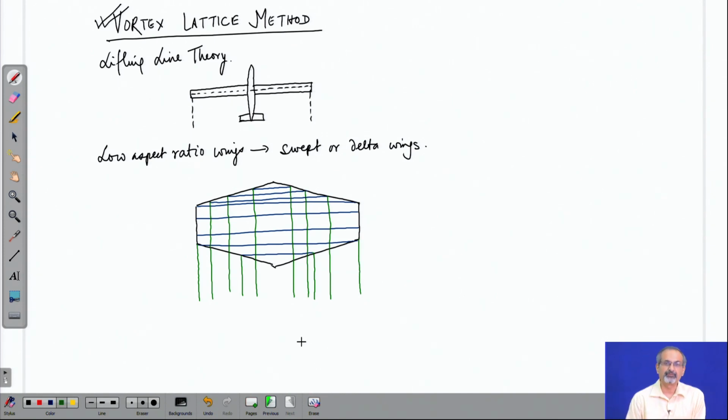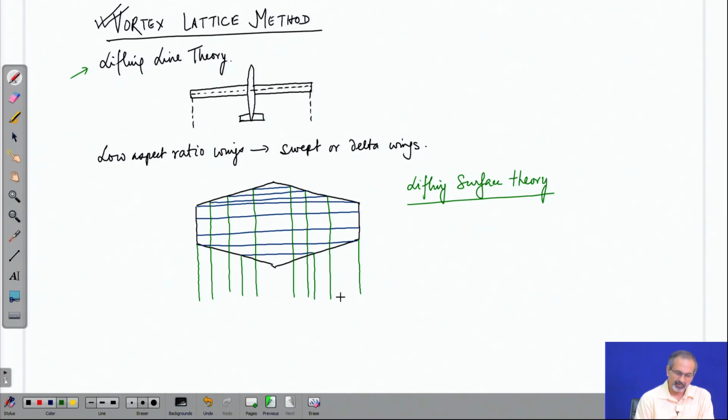So, on arbitrary planforms, you need to do more than what lifting line theory will do for you, and this takes us close to what is called the lifting surface theory, where we try to use a large number of horseshoe vortices to span the entire wing planform. In doing so, let us try to identify what these vortex filaments are doing,